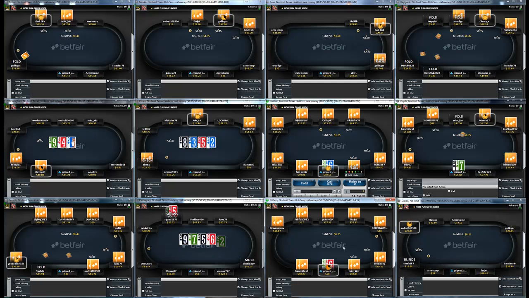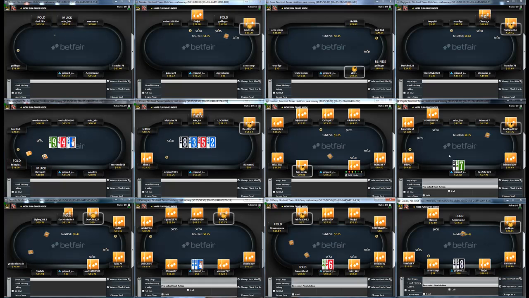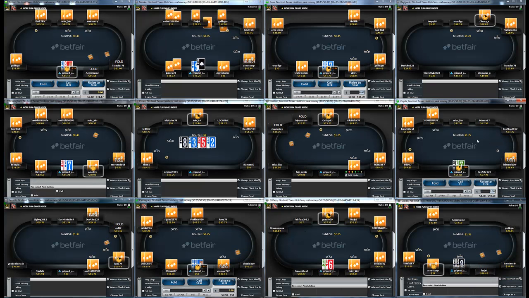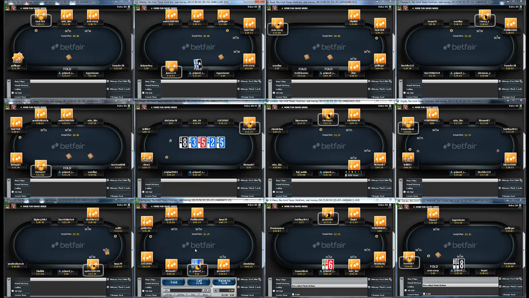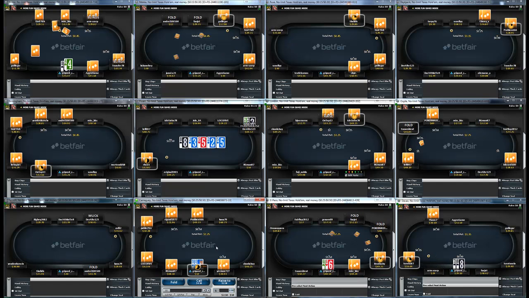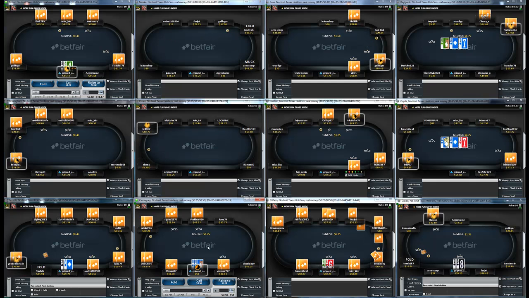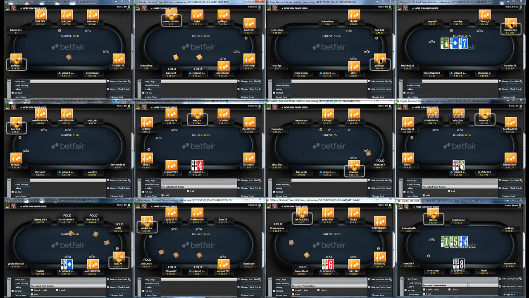Table 11, pocket sixes. I'm going to raise up front. And your decisions as to whether or not to raise hands like 2s, 3s, 4s, 5s, 6s, 7s, even 8s, and even in some cases 9s, will depend on how well the table is played. The weaker the table is, the more fish there are, or just the less aggressive the opponents play, the wider you can go with your opening ranges. You could go any pair up front, all suited broadways,